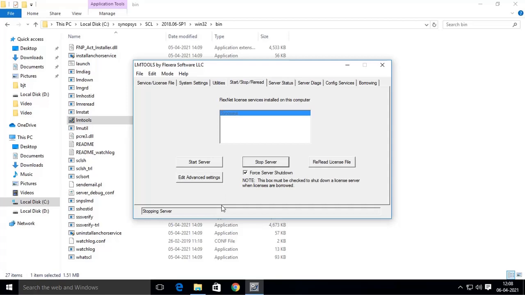So click on start server, and then wait for a while. So after the server starts successfully, again click on reread license file.